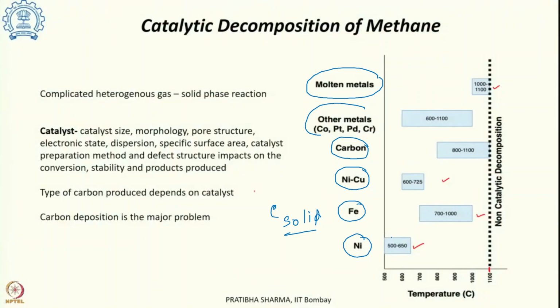The nickel catalyst generally works between 500 and 650 degrees centigrade. Nickel has less thermal stability, which means it works at a low temperature, but it has a high active site. Active site means